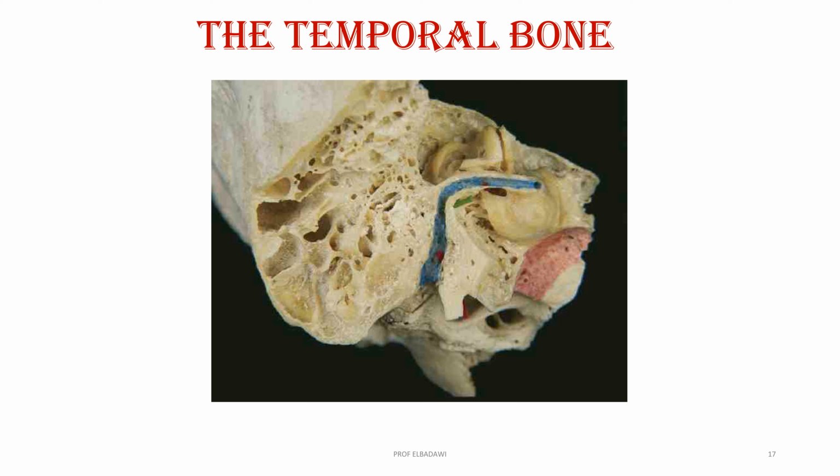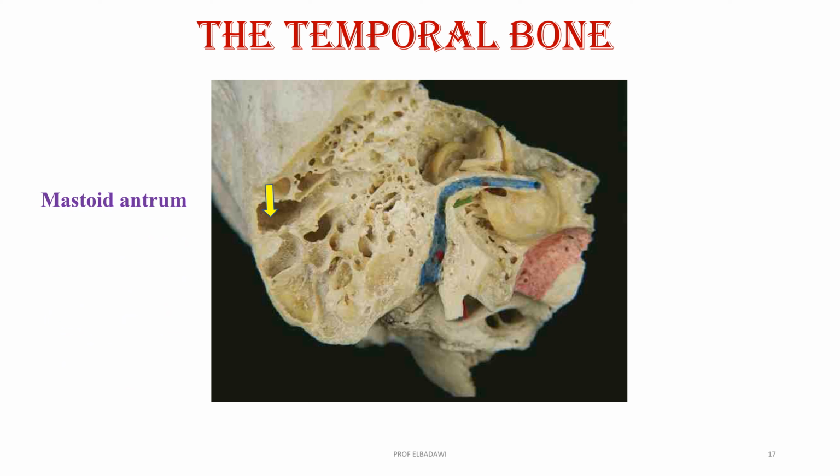A cross section, or a vertical section, better to say, in the temporal bone will show some features inside the temporal bone. The temporal bone is a very important bone for containing the hearing process, the middle ear and the inner ear. That's how the human being can hear, through the ossicles found in the middle ear and the chambers in the inner ear. Here in that section, sagittal section,